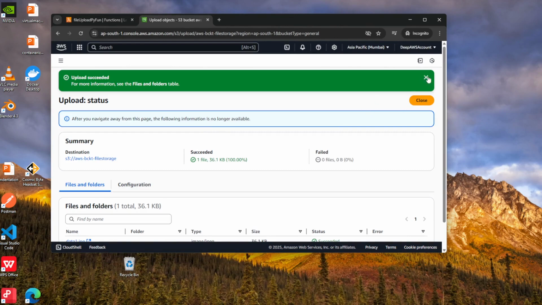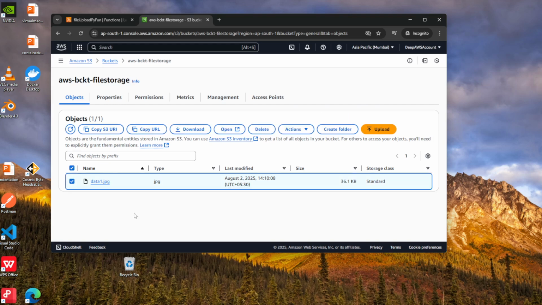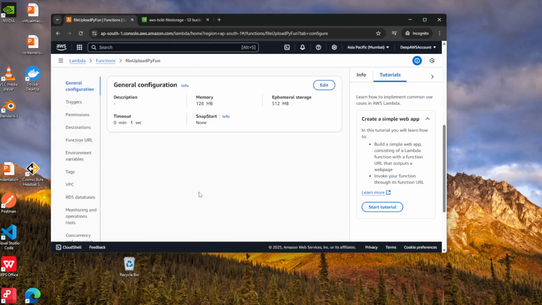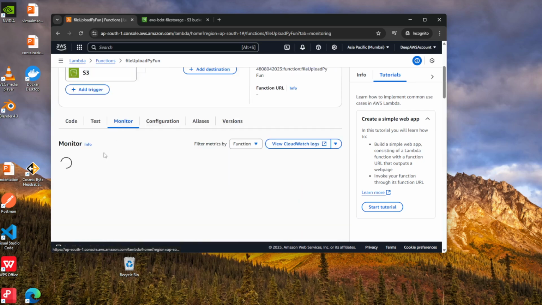Now we can see it has successfully uploaded. We can close it, and this is the file which is uploaded. Now let us see how we can check whether it has successfully triggered or not. For that, you can go to the lambda function, and here you can see this is the monitor section